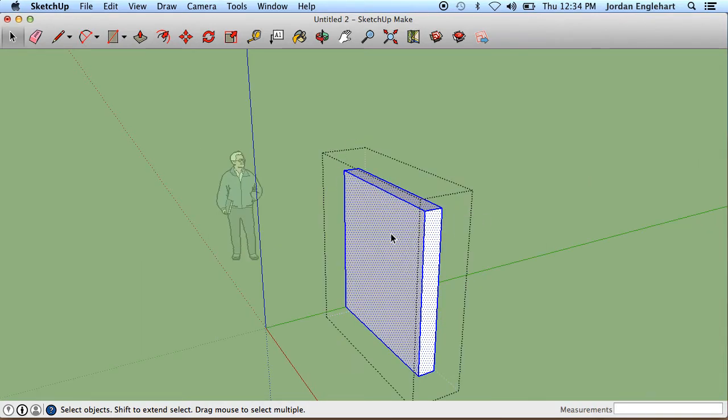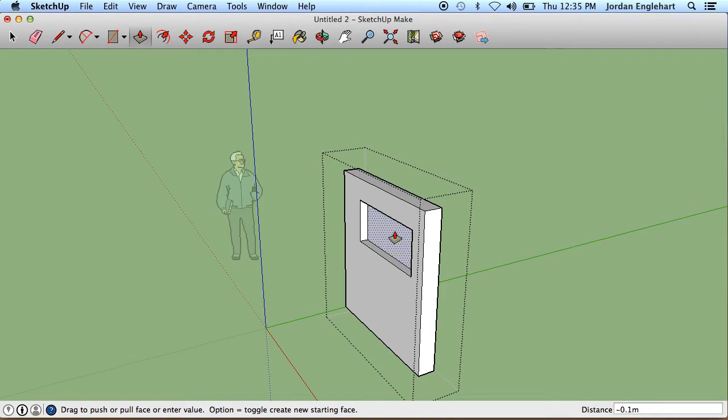is highlight the group once again, and because I want to cut a window into this face, see how when I click I select these different faces, I want to select this face because I want to cut a window into it. And then what I'm going to do is select a rectangle, so I want a rectangular window. I drew that rectangle on there, and now notice that I have two different faces on this face. I have the original outer face and then the new inner face that I've created. And from there, I'm just going to push-pull that face,